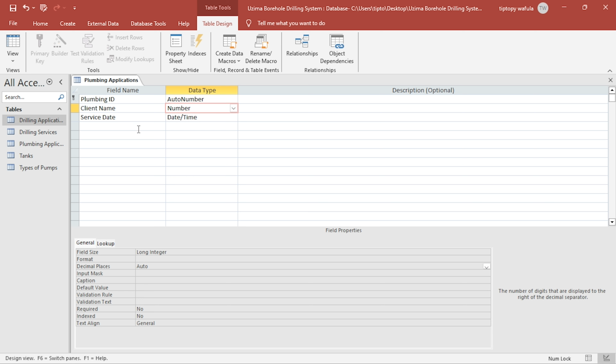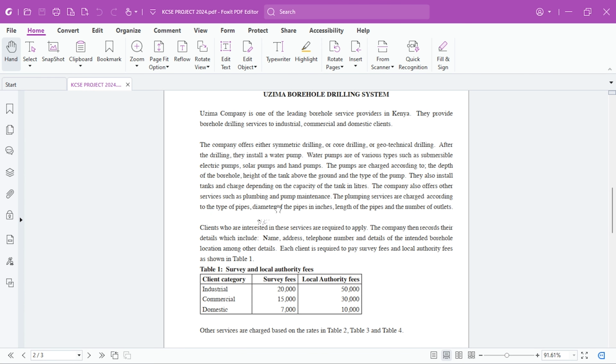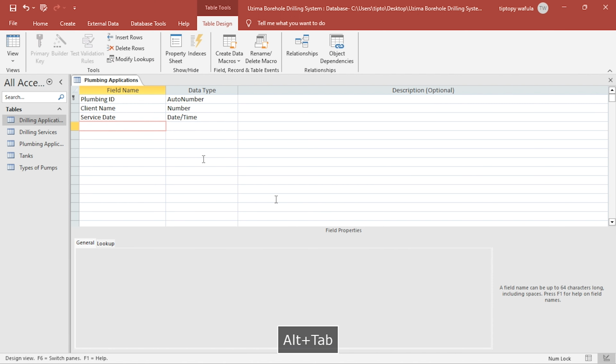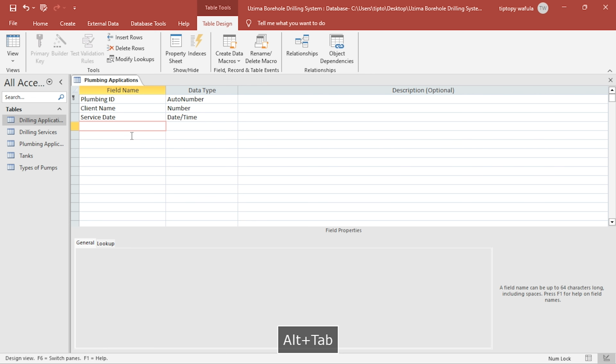It's the same service, but since the only difference is the types of pipes and the diameters, because it might need to use more than one pipe, I'll create a different table for that. So I'll only include the main data in this table. That is the main ones: the client name, the service date, the ones that do not need more than one data, like different data for one same service. So we also have, yeah, the number of outlets will also be the same,